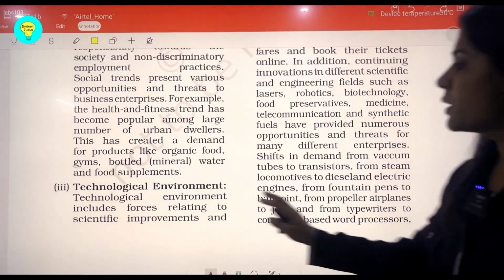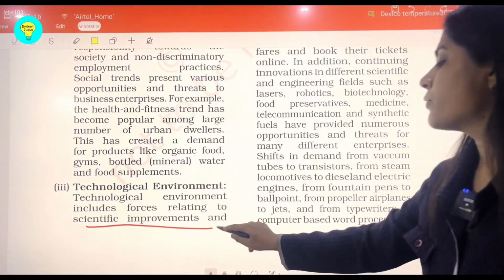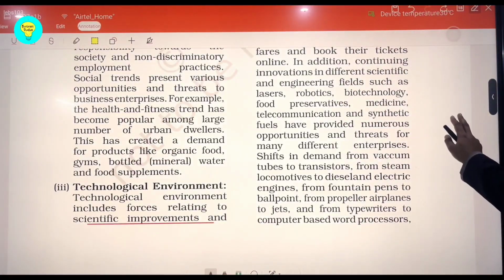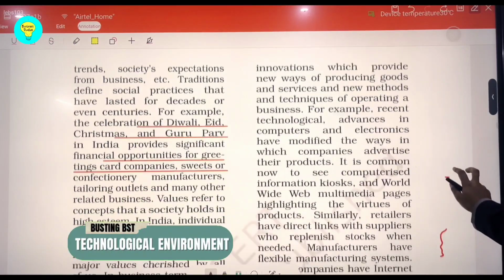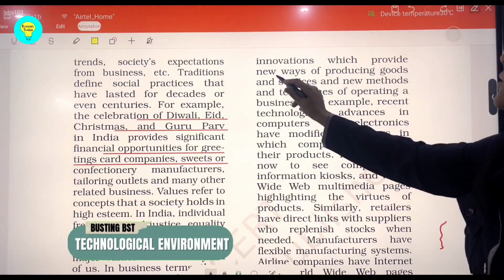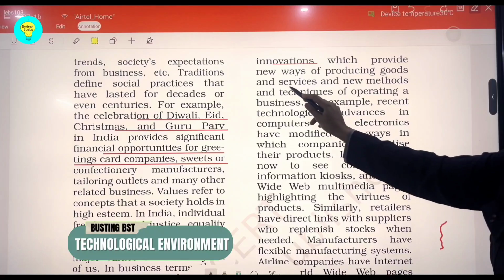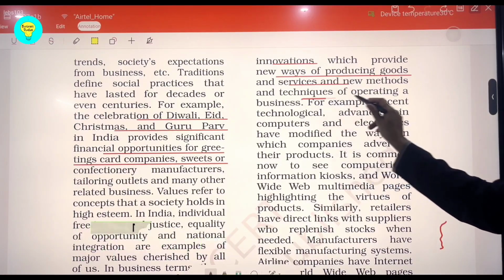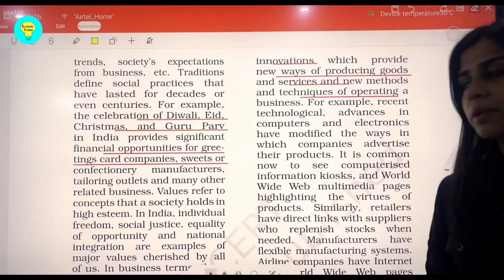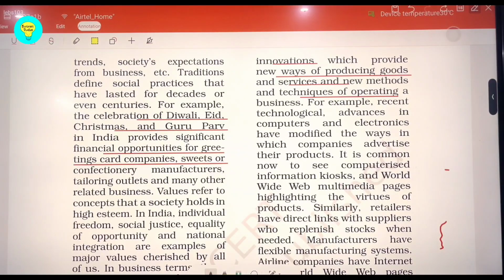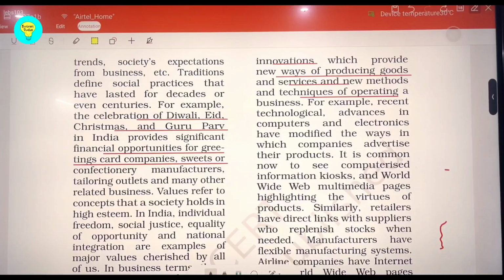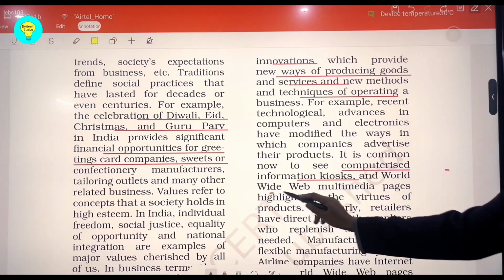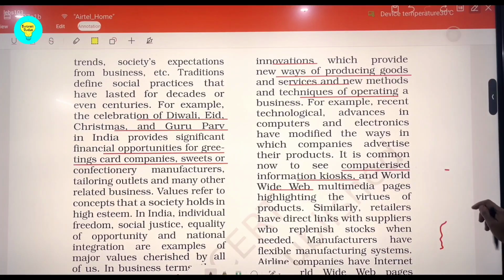When we say technological environment, we must not forget to mention scientific improvements and the various innovations leading to new ways of production and providing services, techniques of operating the business, restructuring, re-engineering as we talked about. So the excessive use of computers in information kiosks and www, World Wide Web, multimedia, in